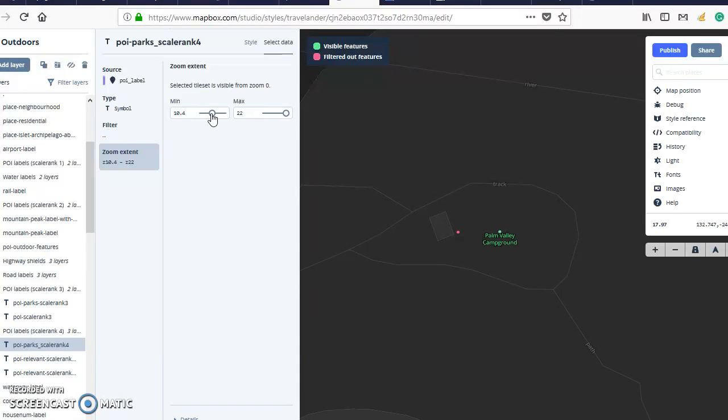The Mapbox team have decided that we shouldn't be able to control these types of elements. All they want us to control is colors and things like that. They don't want us mucking around with this zoom extent. And I'll send you to a page that talks about how to go about changing the zoom extent, and it's